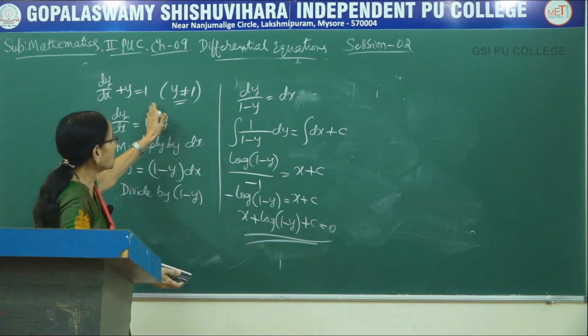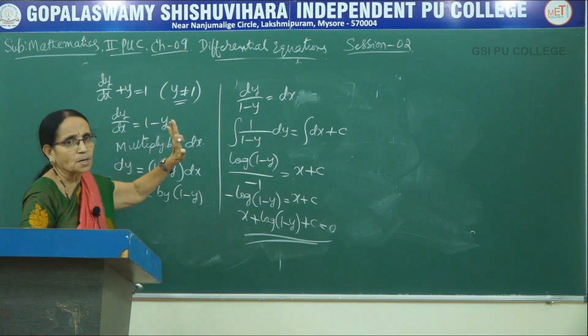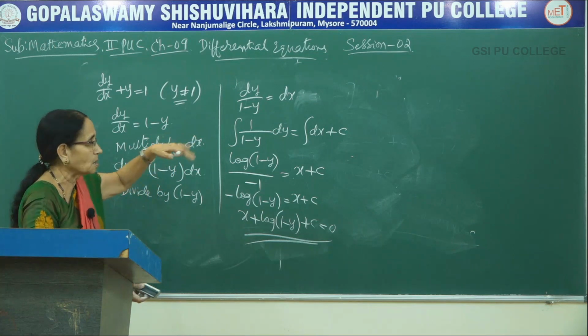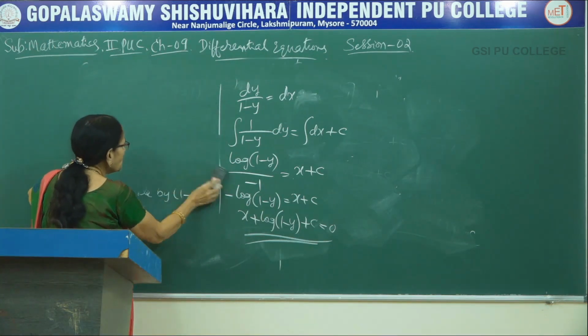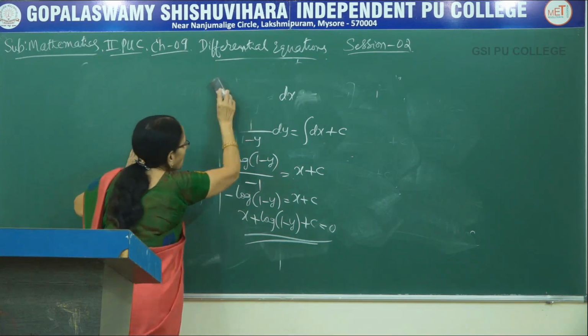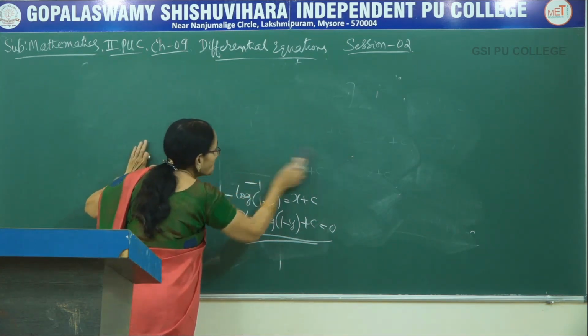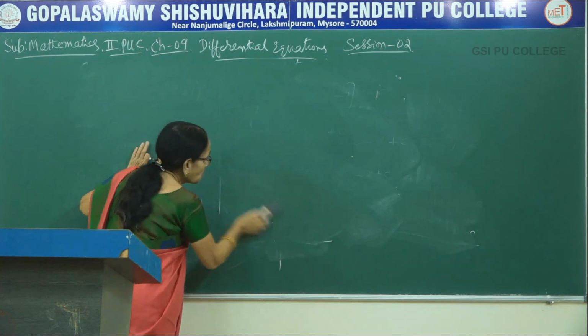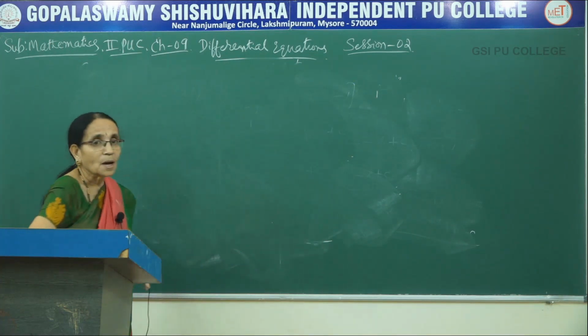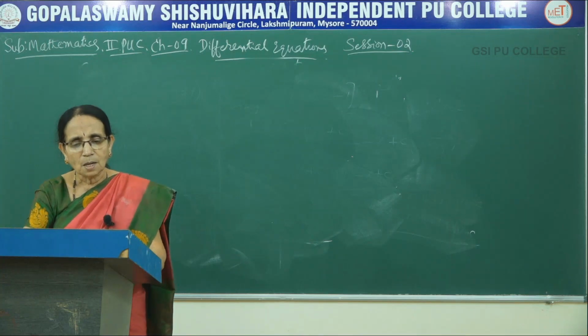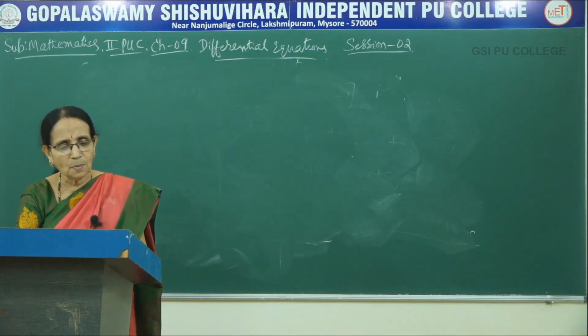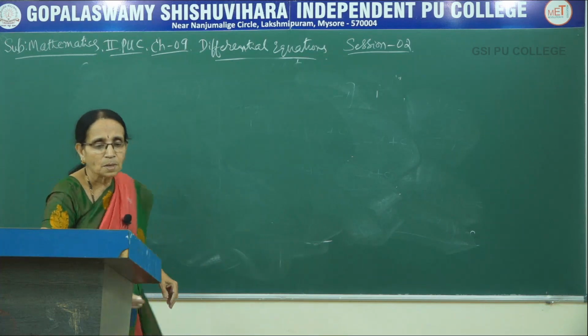See here, directly it was not given. Of course, it is also containing only y, no x at all. In the previous problem also, but in the previous problem, the term was given directly, root of 1 minus y square. Whereas in this problem, you have to take y to the right hand side and then only you could separate the variables here. Okay. Now let me try one more problem and then I conclude my session.